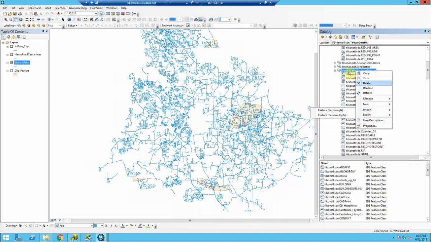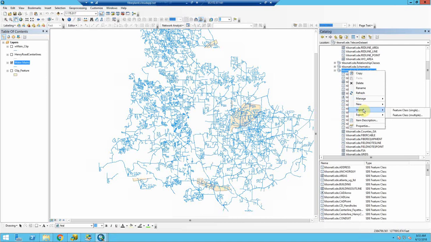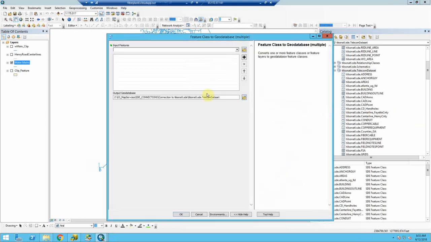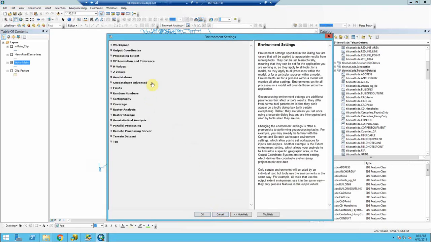What I'm going to do is right-click on that feature data set and say import. And this is really the stuff you guys might not know. I always use feature class multiple, because it's a simpler interface. If you do it within ArcMap, you can just drag in the layer that you want to bring. And the most important thing to remember, a lesson that was hard learned: